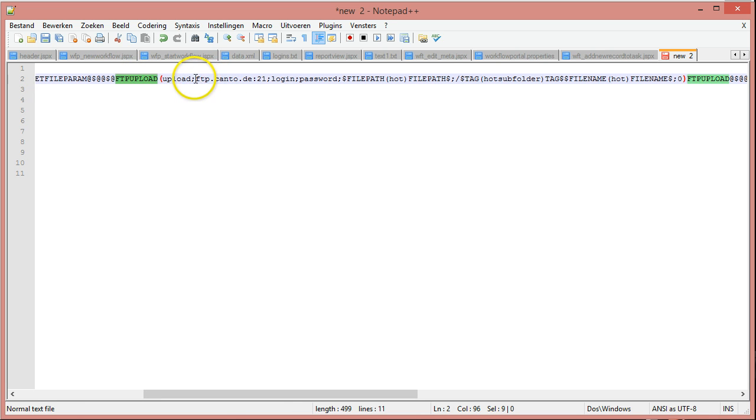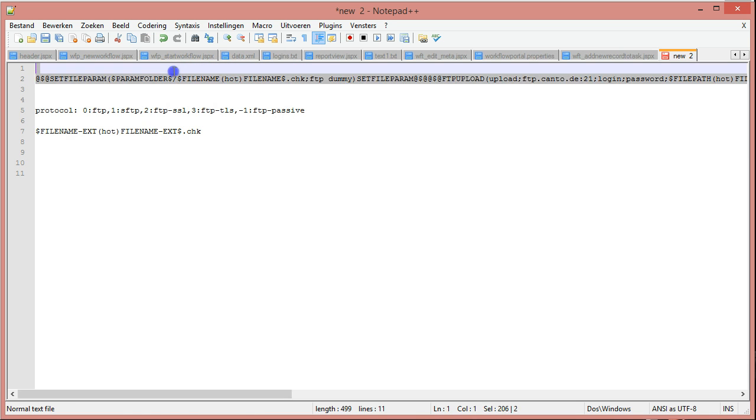It does an FTP upload, and you have to specify what IP address or FTP DNS, colon, the port. You have to specify the login and password. The password cannot contain semicolons. And then this specifies that it will upload the hot folder file, and then this specifies that it will create the subfolder part. It will take the hot folder and the hot file's name,